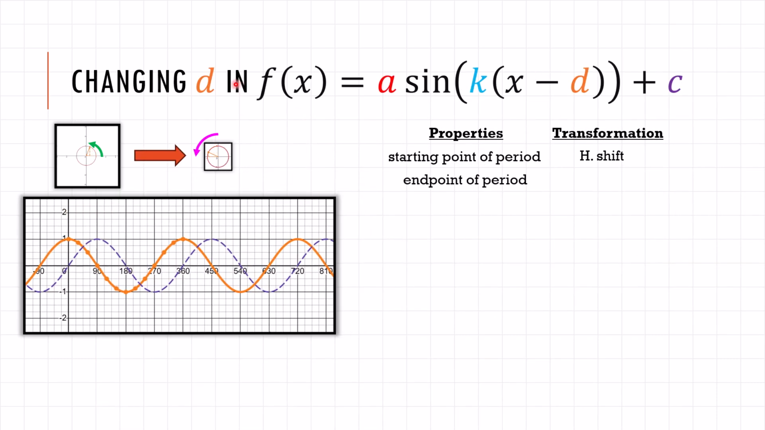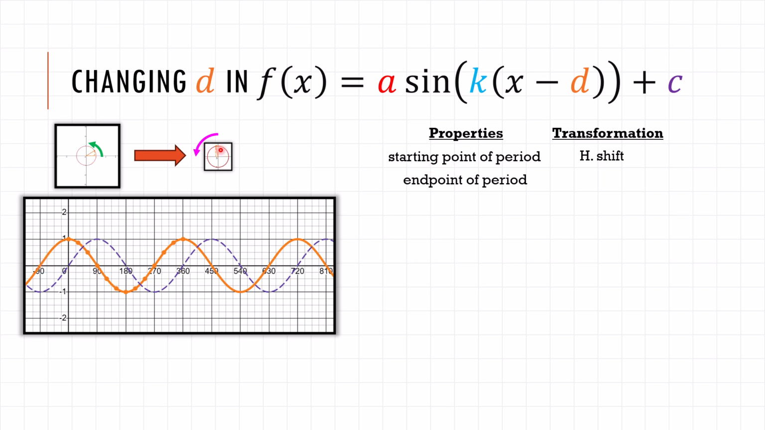Now let's check out changing D. So as we saw, changing D involves sort of starting at a different point in the rotation. And on a graph, that might involve a horizontal shift. Now that could be left, it could be right. It depends on what the value of D is. But whatever it is, because we've shifted the function left or right, the starting point of the period now has